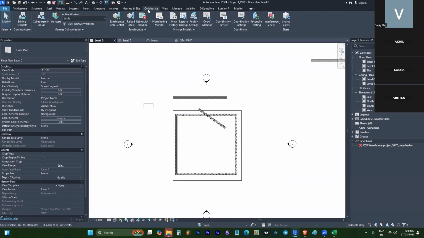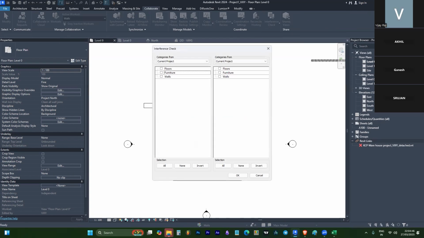So to check what are all the clashes happening in our model, we can go to Interference Check, and we can go to Run Interference Check. Here we have to select in the current project which elements you want the interference to be checked. I want for the walls, what are all the elements clashing with my walls? I want all. And if I press OK,